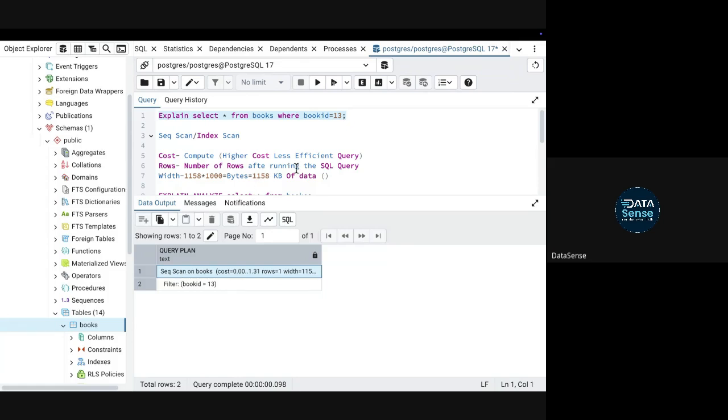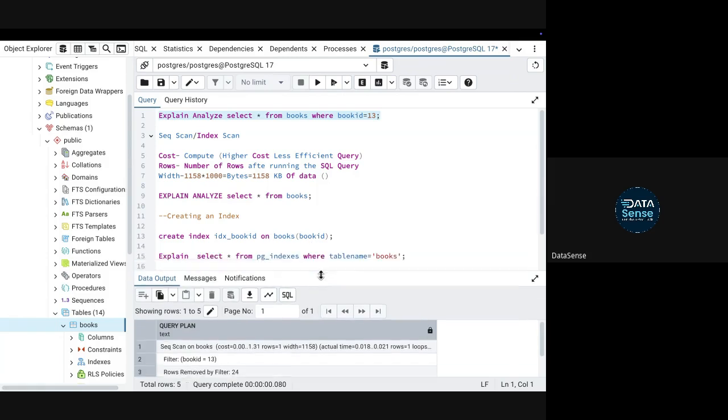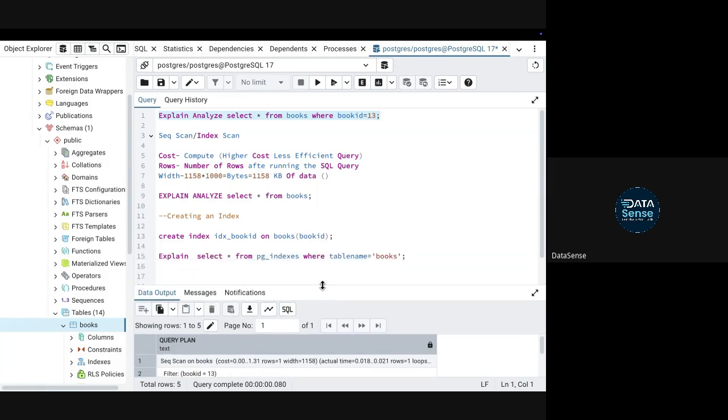Sequence scanning and index scanning will not make any difference, so by default it picks sequence scan. But once you use a bigger data set, index scan will start coming here. Tell me, guys, is the concept of index clear?